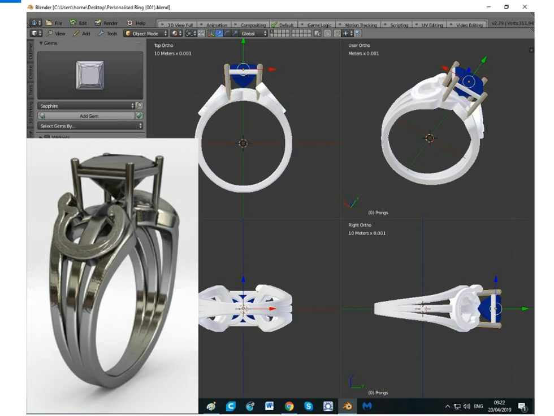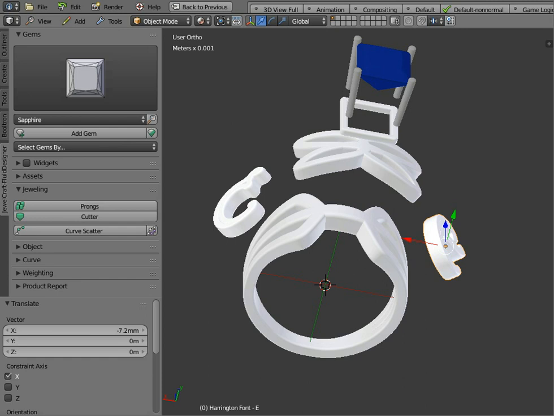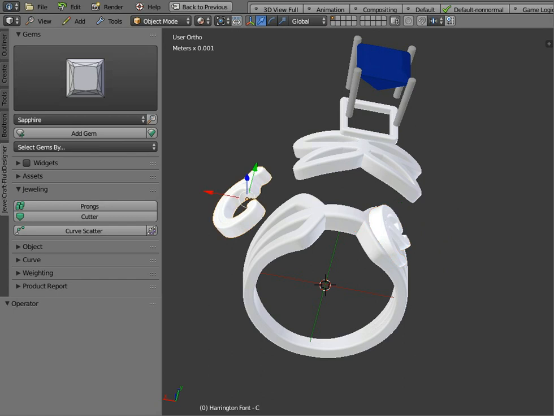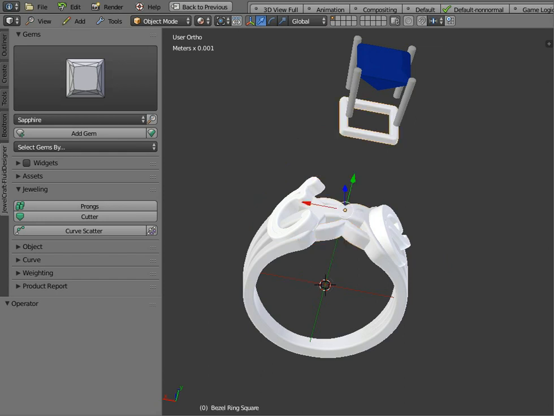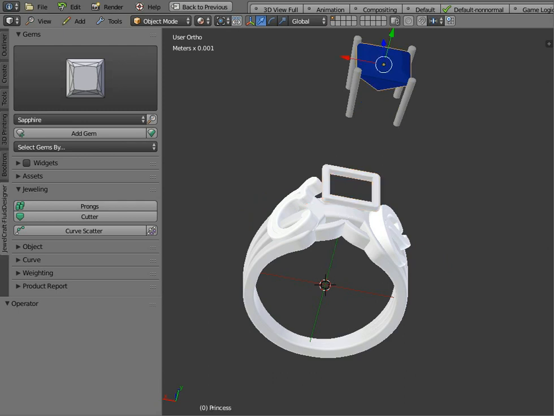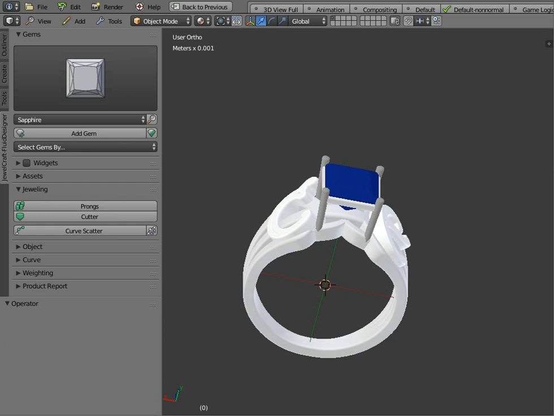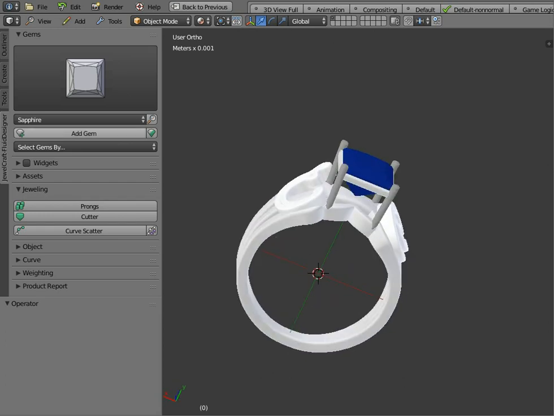The ring shown on the screen here has been made with Blender, FluidDesigner, and the JewelCraft add-on, and essentially it's just made up of parametric smart objects joined together. So there's a letter C and E added to it, and there's an N up a curve added to the ring, and the support for the gemstone, which in this case is a Princess Square Sapphire, which is just added